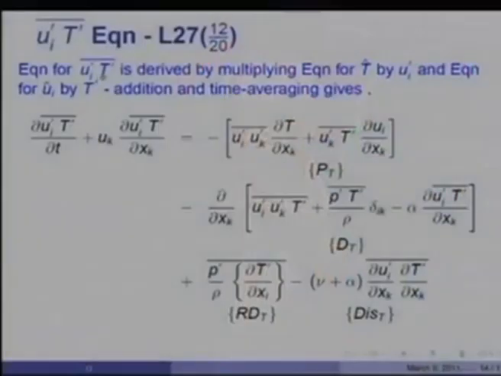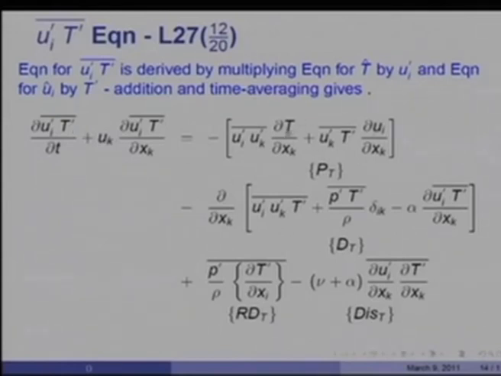So, the equation for u_i' t' is derived by multiplying the equation for the instantaneous T by u_i' and the equation for instantaneous u_i by t', the turbulent fluctuation, adding and time averaging. Now, this process gives rise to a convection of u_i' t',